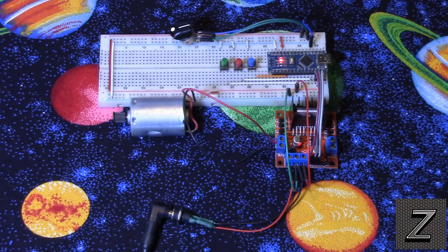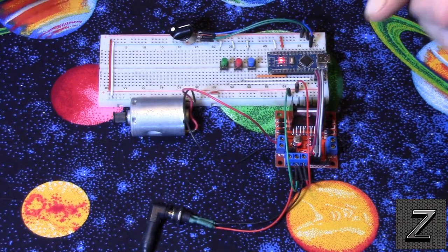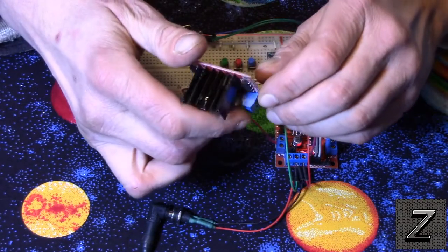Arduino for Beginners, Episode 26. How to control the speed and direction of a DC motor using an H-bridge. Now for this tutorial, we are going to be using the